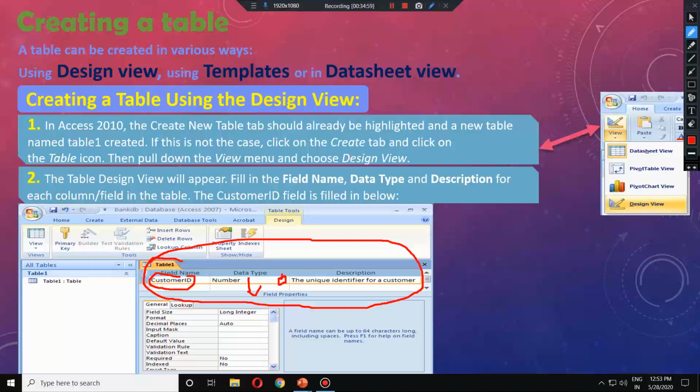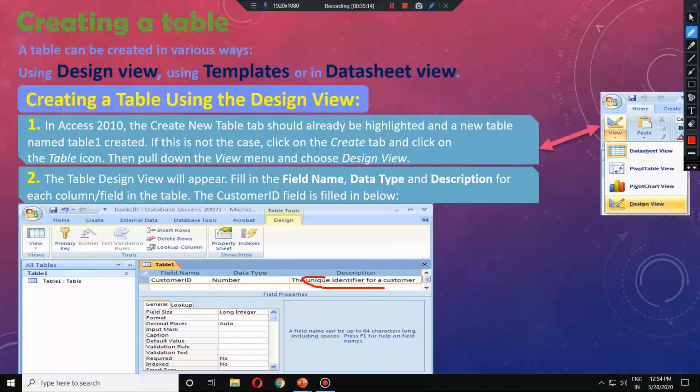So here you write your field name or column name, the second one is data type, and the third one is description, which is not required. If you want to fill it, it will specify why you made this field. If you want to inform everyone why you made this field, you can describe it there. But the most important things to be done are field name and data type. You have to write the column names one by one here, and define the data types one by one here. Is it okay? Let us move forward.